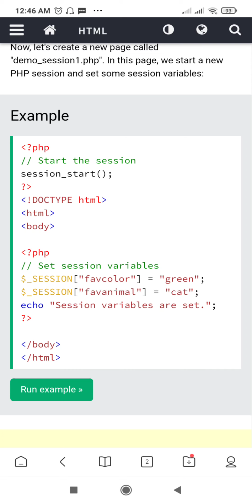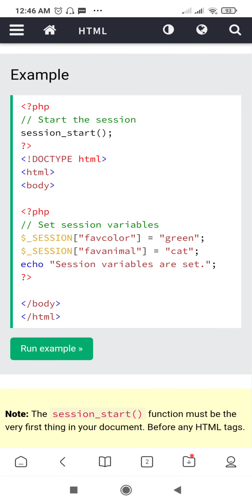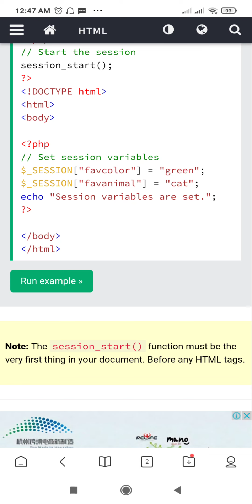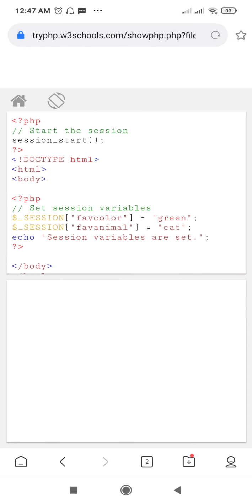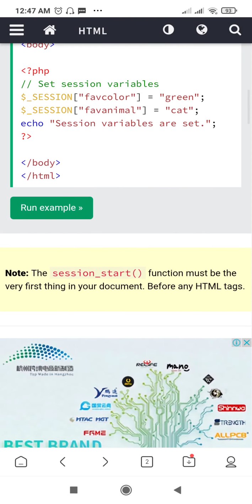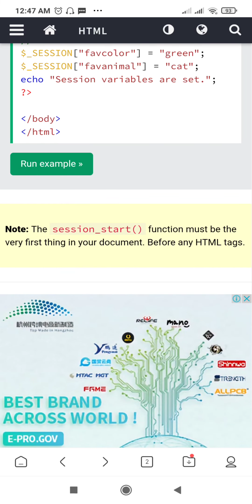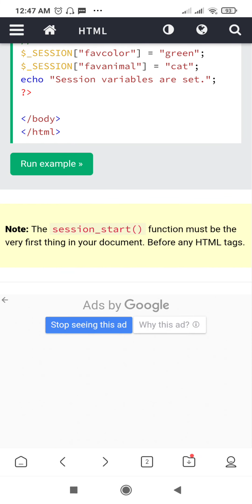So $_SESSION["favcolor"] equals green, $_SESSION["favanimal"] equals cat, and then echo "Session variables are set." If both are set, then it will display the result. Just click on Run Example and you can check the result here: session variables are set. Note the session_start function must be the very first thing in your document,